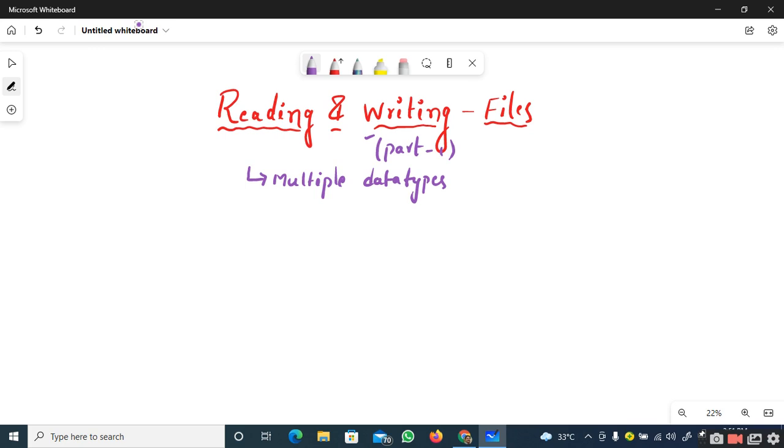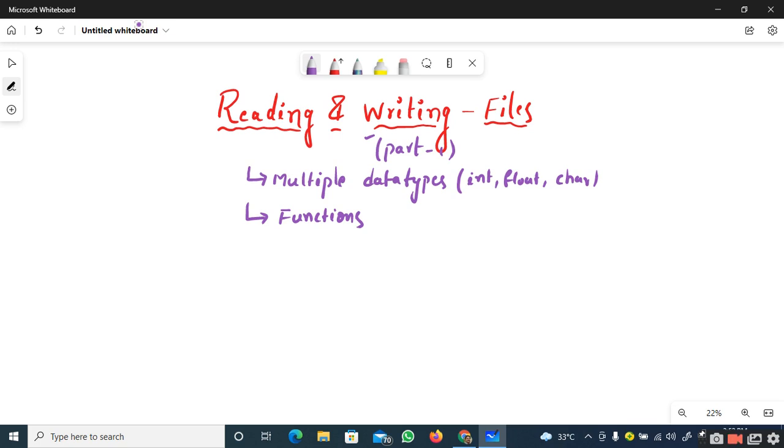That means I will be discussing the functions that are used to deal with reading and writing of multiple data types. For example, I have different data types like integer, float, char, etc. What function should I use in order to read these different data types, and in order to write these different data types into the files?